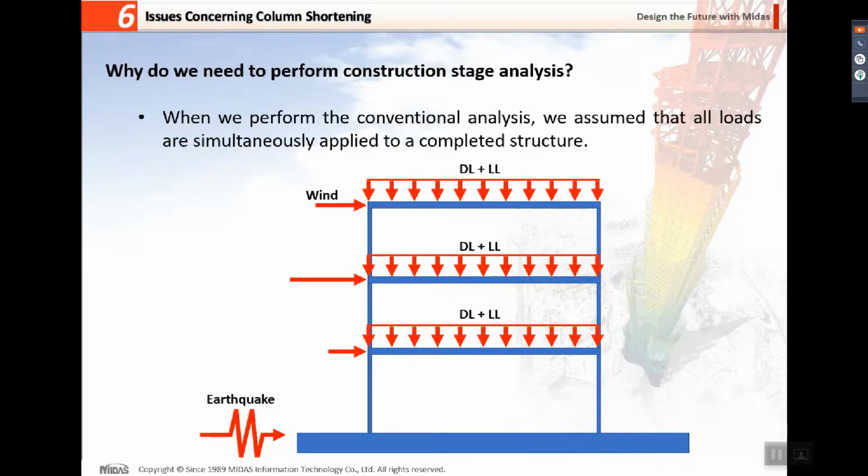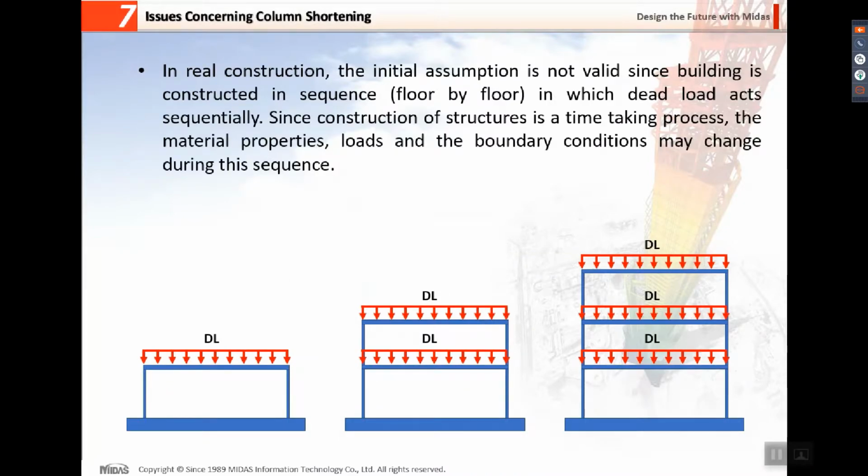But in real construction, the initial assumption is not valid since a building is constructed in sequence, floor by floor, in which dead load acts sequentially. It may not even be floor by floor, so it can be portion by portion in our floor